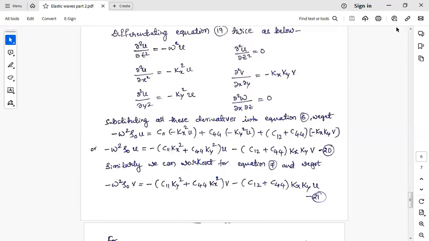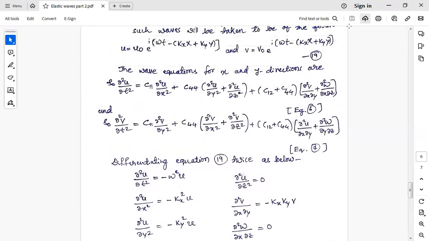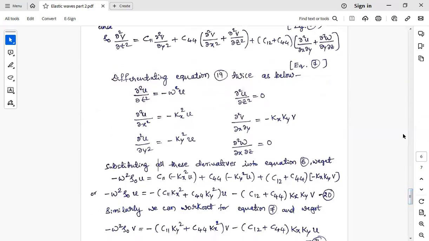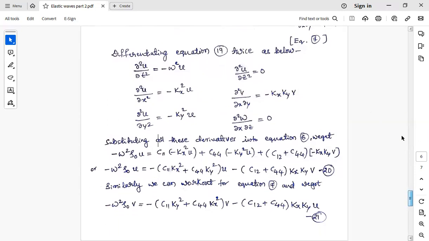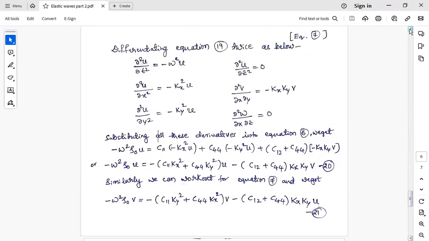That means for the equation for v, how are you getting this? You have to differentiate this first with respect to x, then with respect to y. So that is the meaning. When you do that, you will get minus kx minus ky into v. And dou square w by dou x dou z is 0, because whenever this z component comes, that term goes to 0. And now substitute all these derivatives